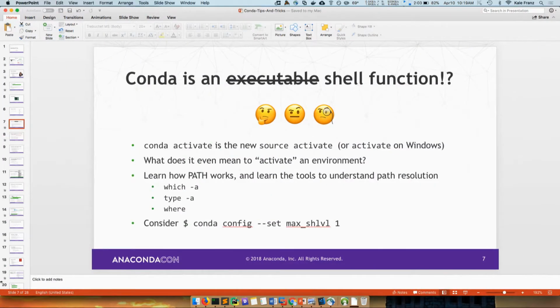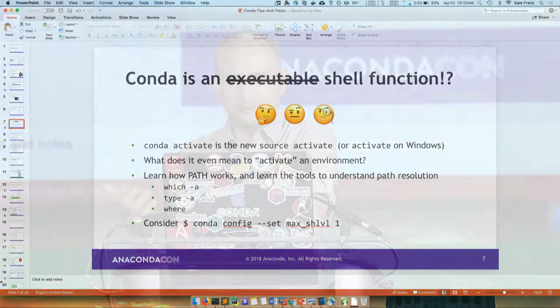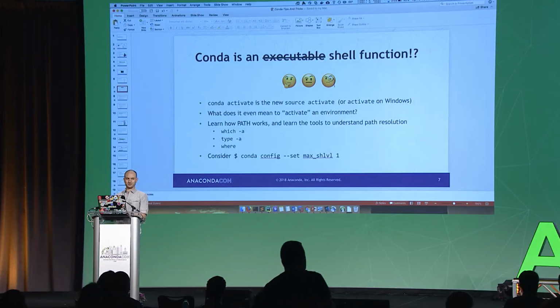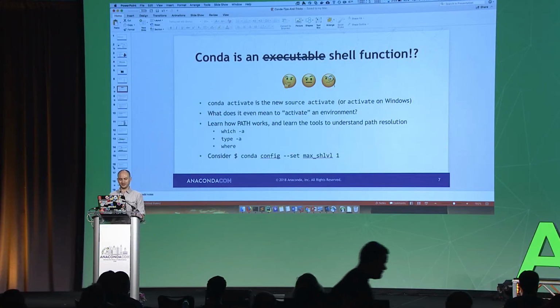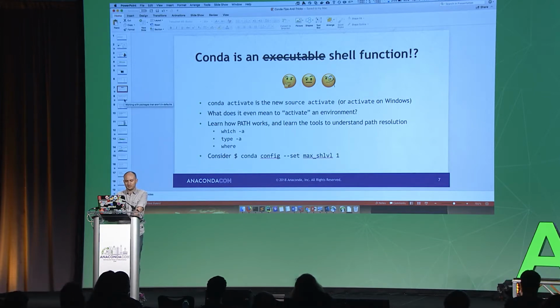So that's our conda activate command, and that's the story behind Conda being a shell command, so that we don't have to have this split. I think when people saw source activate, they really shied away from using environments, or it added extra friction, because nobody understands what source means. Who actually understands what source means? There's people who should have raised their hand that probably didn't, but there's a few people. Not a lot of people understand what source means.